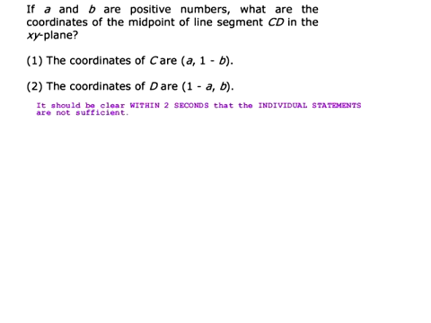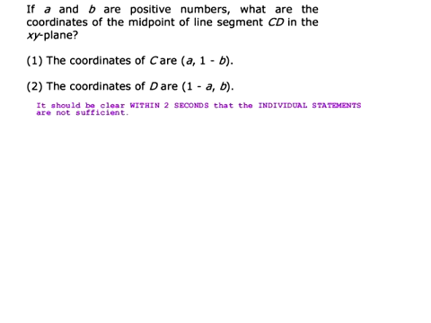Why is that? Because it asks for the midpoint of CD, and if you just have one or the other of those individual statements, then